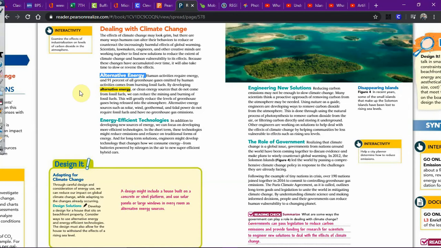So taking the movement of the water to move magnets and wires around each other in a way that creates an electric current in those wires, and then that current can be stored or sent to different areas, okay? When we're talking about energy efficient technologies, this is basically taking what we already have and making it work better, making it more efficient, having it require less energy to do the same job, okay?